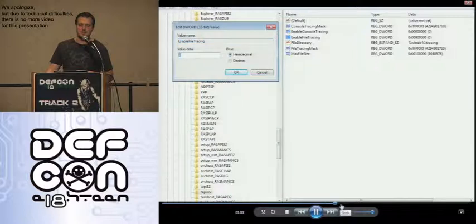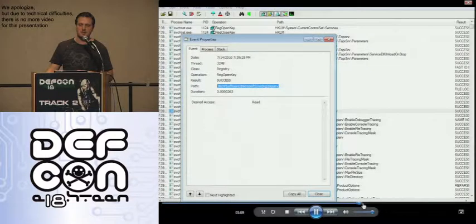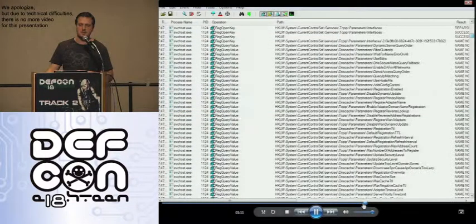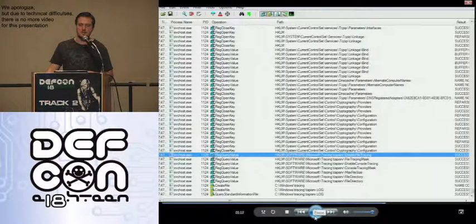I set the value to 1, and in the background Process Monitor was still running. I returned to Process Monitor to see if something was happening, and I found something interesting. Here at the end you can see a file being created in the directory that was specified in the registry.